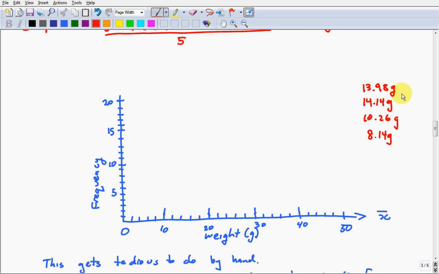So the 4 values of x bar that we've gotten so far are 13.9, which would be 10 to 12, there'd be a single one there. There'd be one in the 14 to 16 box, which would be there. There'd be one in the 10 to 12 box, which would be here. And then there'd be one in the 8 to 10 box. So our histogram of 4 values looks like that, in fact. But we could imagine repeating this experiment many times. So what will happen if we do 100 repetitions? So if we do 96 more samples,